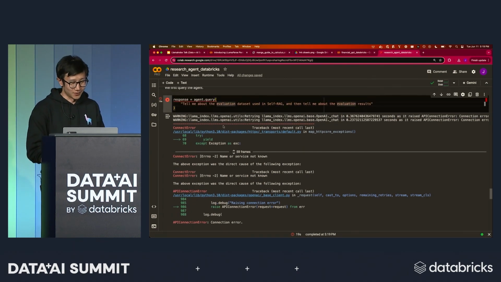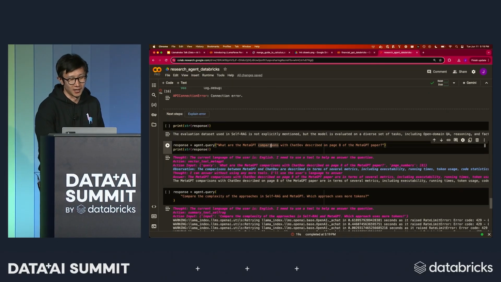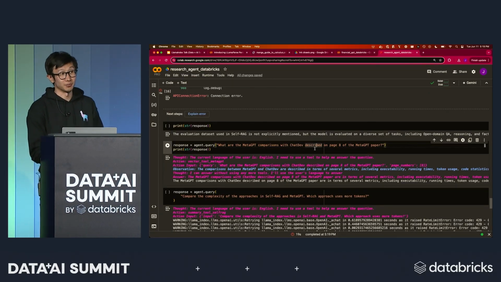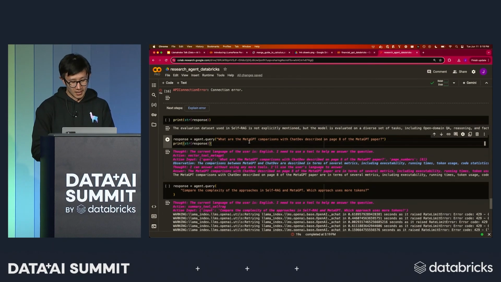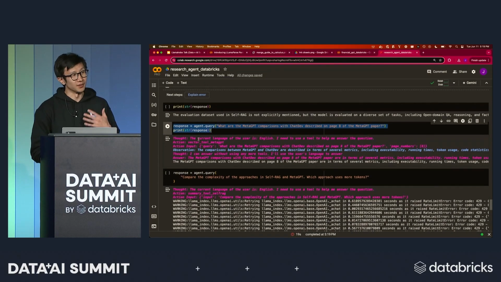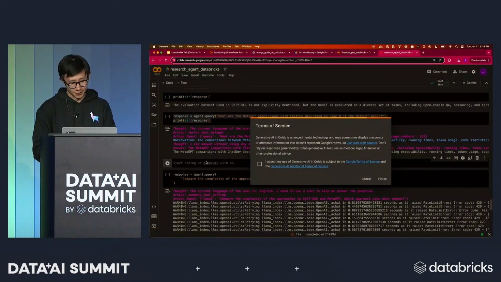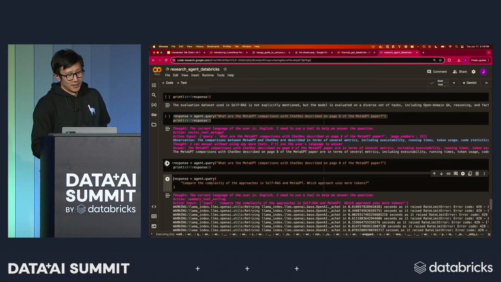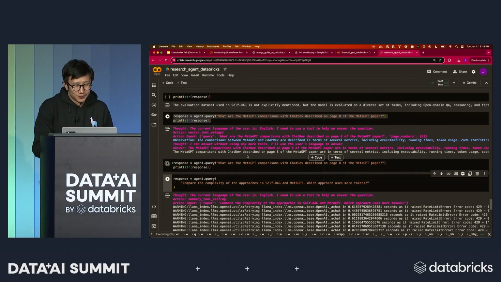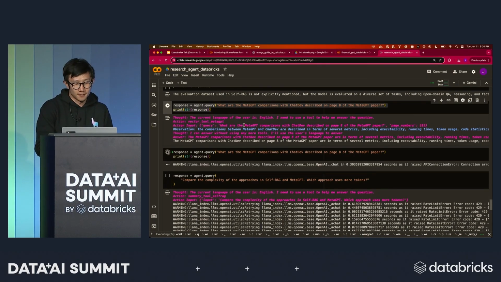And of course, okay, this doesn't work. I'm going to try something else. I'm going to try: what are the MetaGPT comparisons with ChatDev described on page 8 of the MetaGPT paper? If this works, this hopefully is a nice demonstration of function calling in action. And if it doesn't work, I have the outputs pre-cached over here. So, why am I getting TOS? Okay. Cool. So it's running right here, but we can see what the pre-cached output would say, which is,